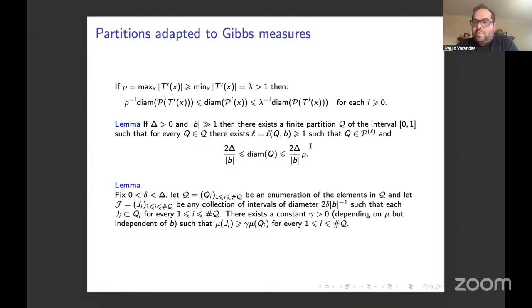That's where the feather property plays a key role. But for these Gibbs measures that appear naturally in the context of hyperbolic flows, you don't have that property. And it's actually very easy to produce counterexamples for the feather property. So what we did is a different thing: instead of trying to compare the measure of a ball with the measure of doubling its ball,